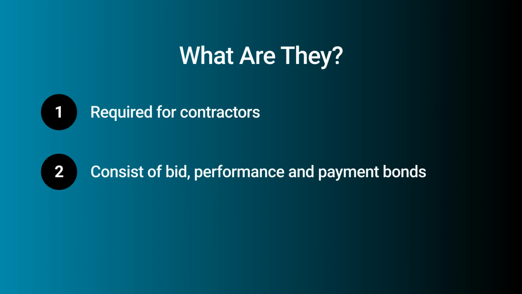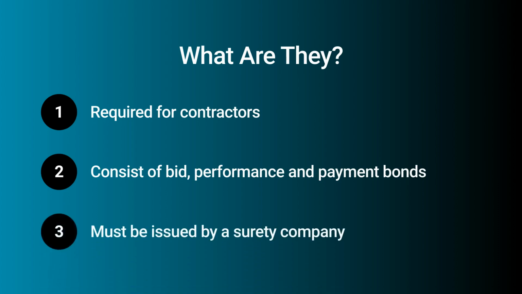Contract bonds consist of two primary categories: bid bonds required of contractors as a condition for submitting a valid bid on a construction contract, and performance and payment bonds required of contractors to enter into a contract. These bonds must be issued by insurance carriers admitted in the state where the project owner requiring the bond resides. The insurance carrier issuing any surety bond, such as a contract bond, will also be referred to as the surety